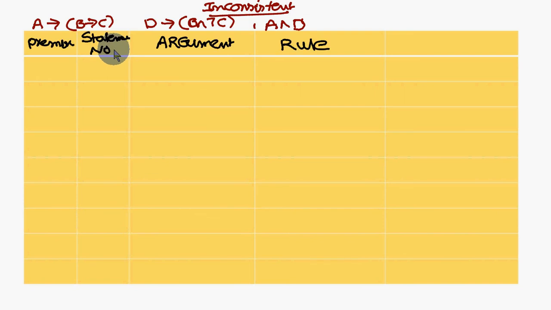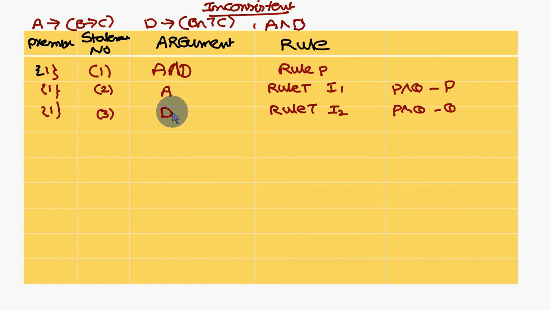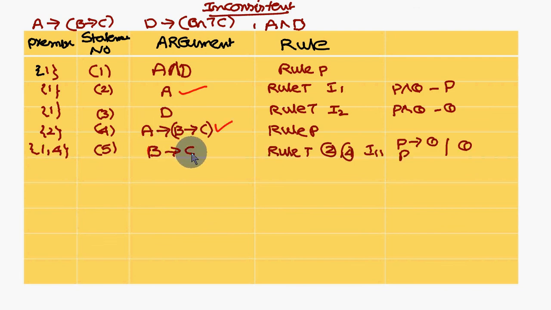Okay, one more problem. Again, I am introducing A intersection D as rule P. Already you know this one, you can write it as A and D according to the implications I1 and I2. Derived, that's why it is rule T. So I1 says P and Q, you can write Q. Now I am introducing A conditional B, B conditional C. If you mix statements 2 and 4, A will get cancelled, B conditional C you are left with. So rule T, because derived, statements 2 and 4 mixed, I11 says P conditional Q.